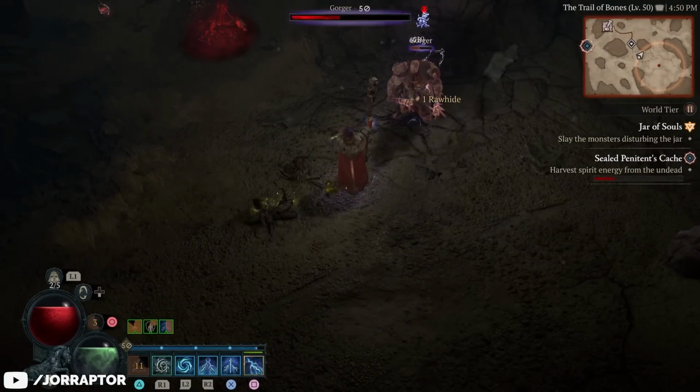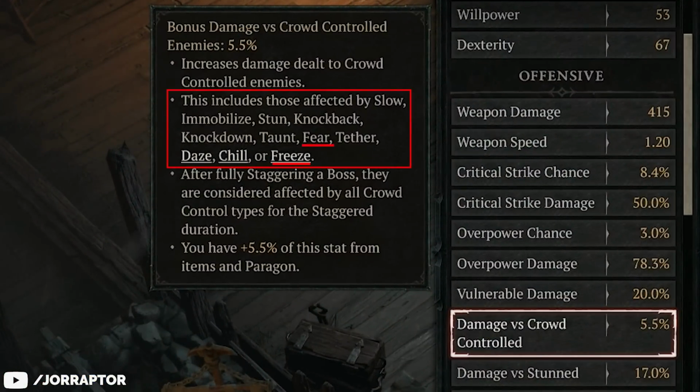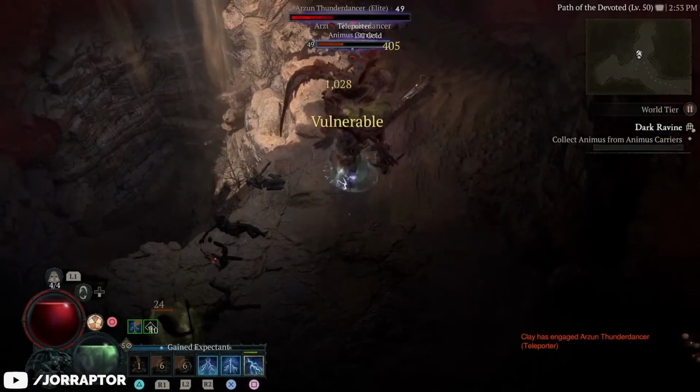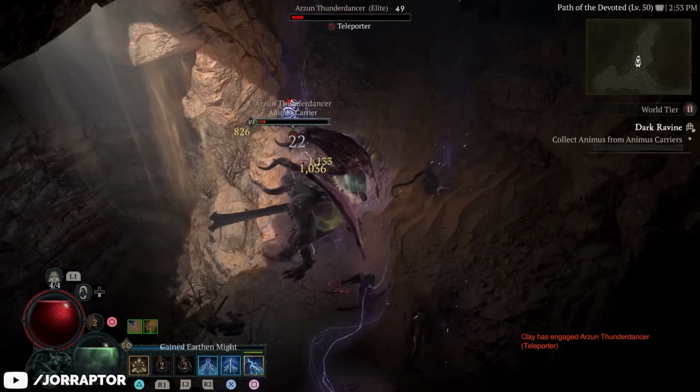There are, by the way, quite a lot of effects that count as crowd controlled, such as being feared or frozen, so the eluding aspect might trigger more often than you'd think. But if you'd rather buff your offensive power, there are some great aspects too, in particular 2 that work really